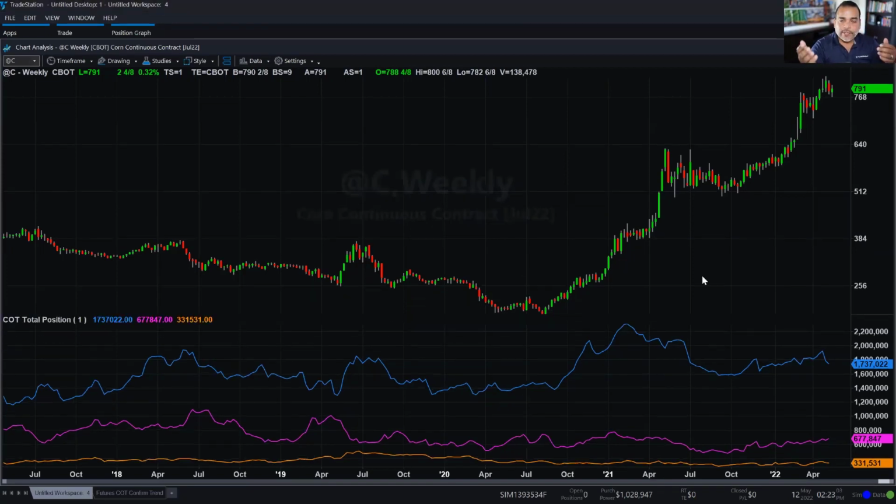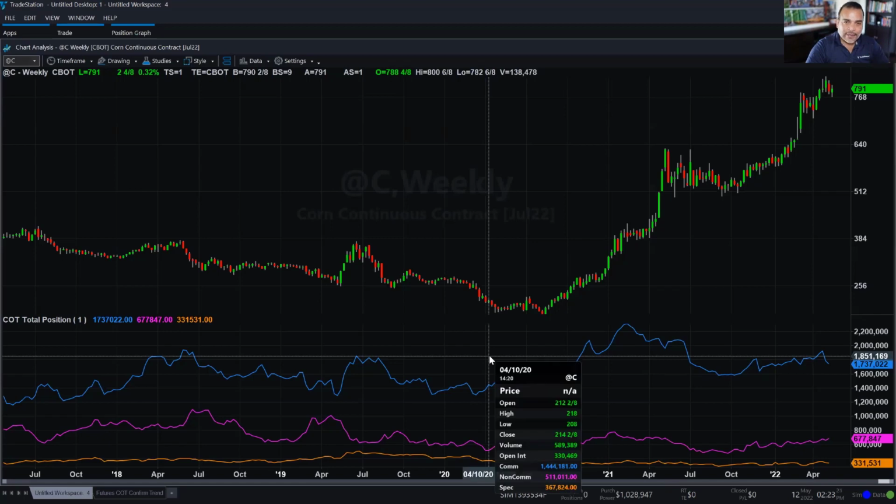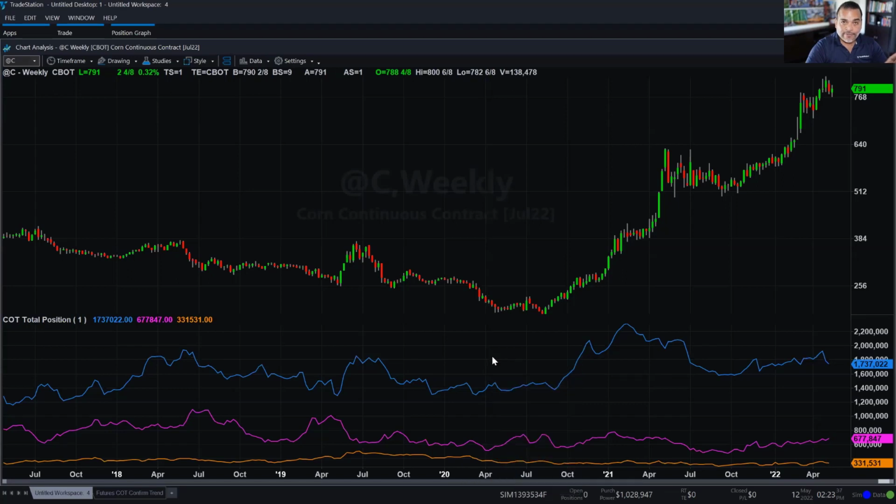The commitment of traders is always going to give you numbers for all three trading categories. Here we have three different lines. They have different colors, so it's easy to know which one's which, although it doesn't label them. Let me show you a trick. You can click on the background behind the study, and the data tips window gives you what the lines are. You can see how the blue corresponds to commercial, the magenta corresponds to non-commercial, and the orange line corresponds to speculators.